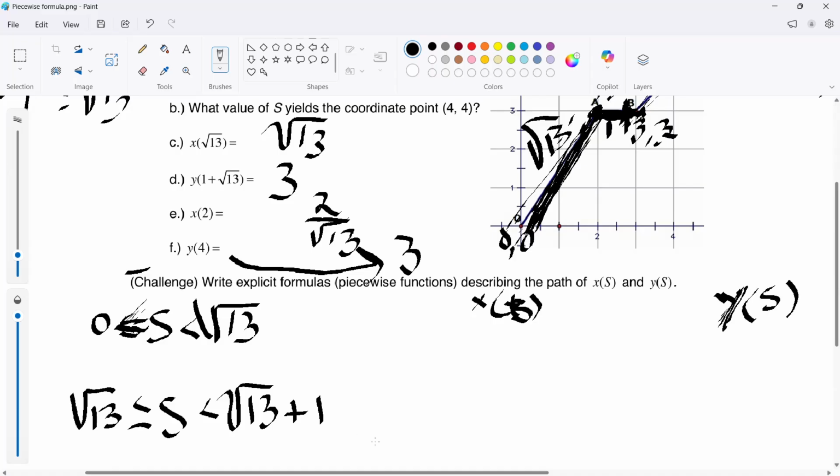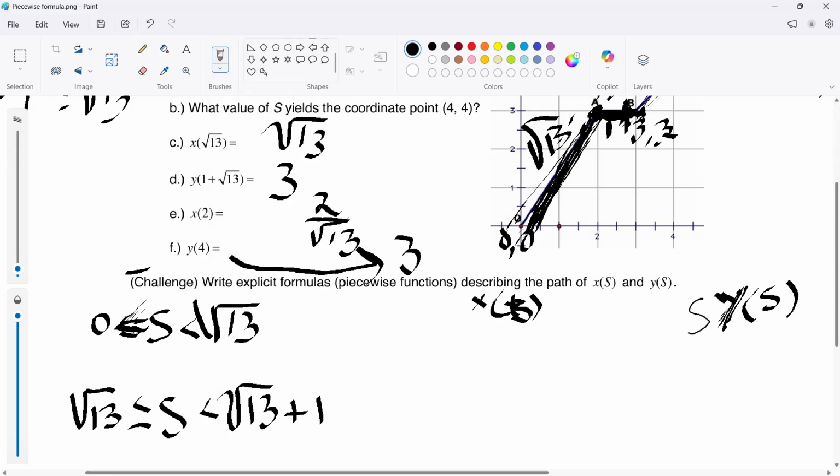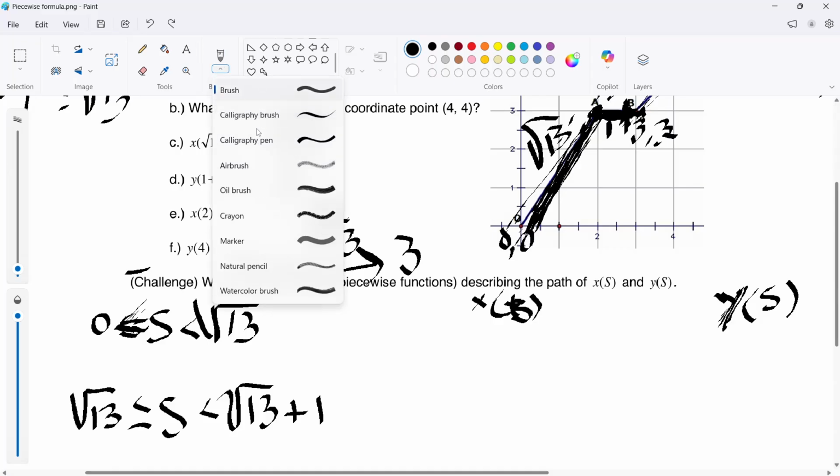Okay. Hold on, I want to try something here. I don't know why sometimes it's struggling to draw in certain areas of the screen. Anyway,